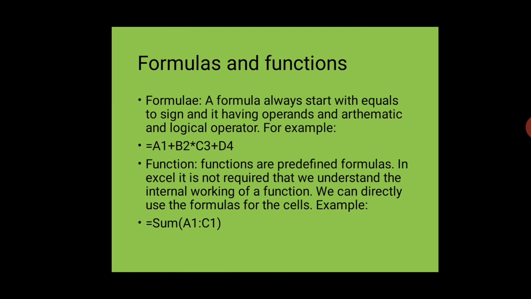mode function. So we can easily see here, for example, equals to sign, a function will also start with an equals to sign, sum, then a bracket will start, and then I will select the range where you want to start your data and where it will finish. So the starting position is here A1, then the colon sign will be selected by default, and C1, which is the ending point of my data, then the bracket will close. When you enter here, then your data will be shown.